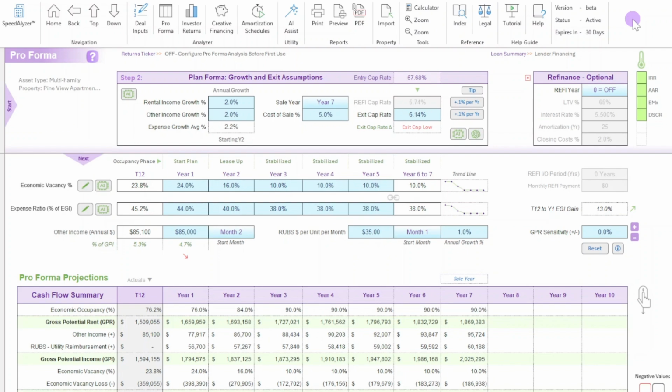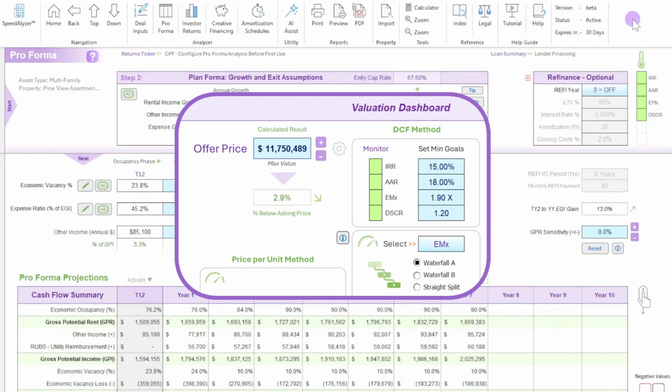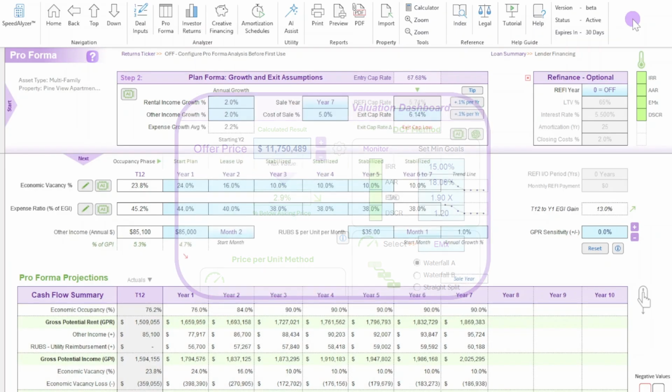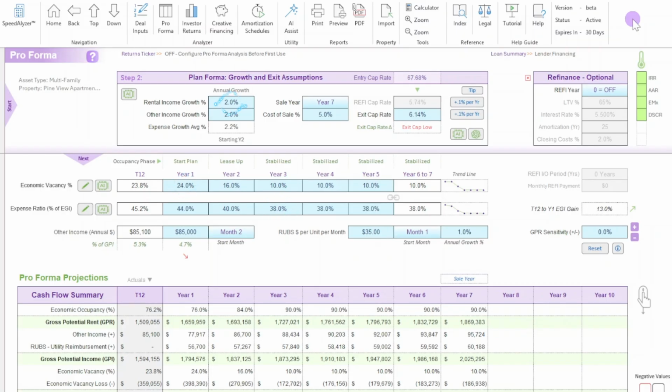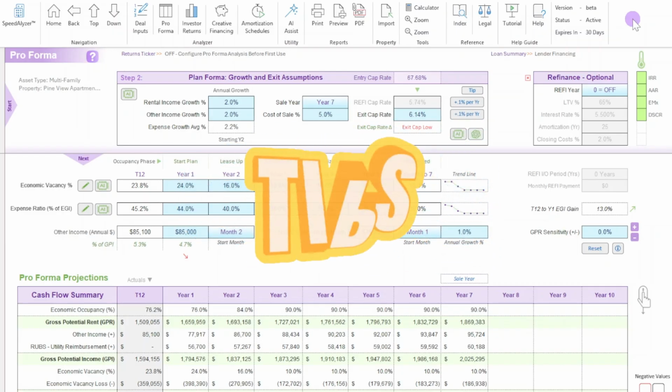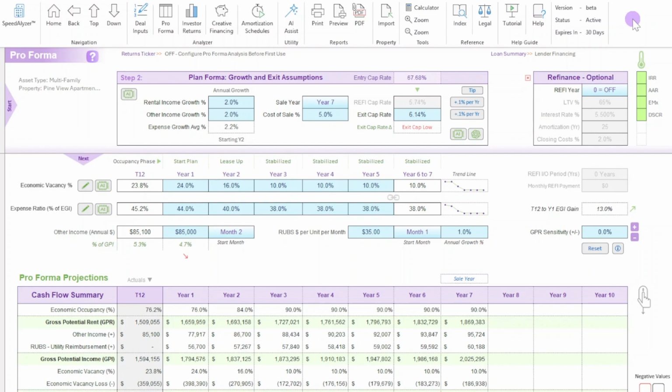This section is essential for developing a comprehensive financial model that estimates future cash flows, expenses, and income, ultimately leading you to a data-driven offer price. By adjusting these inputs, you can simulate different scenarios and assess the potential return on investment for the property. These projections can be completed in as little as a few minutes, and we'll share some tips along the way. As always, all of your inputs and changes are automatically saved in real time, so you can stay focused on